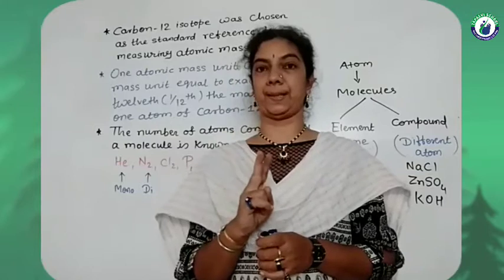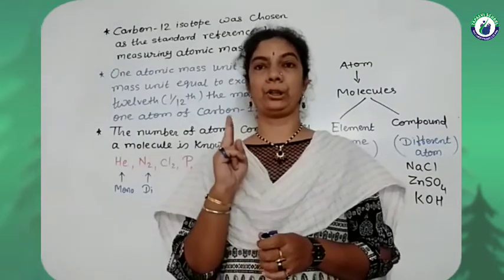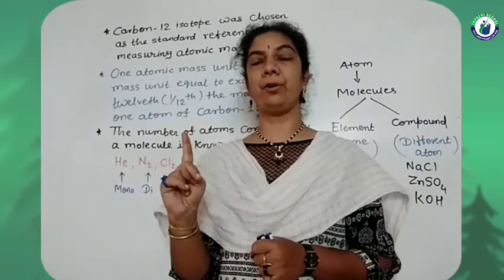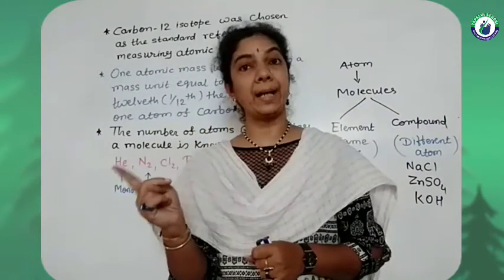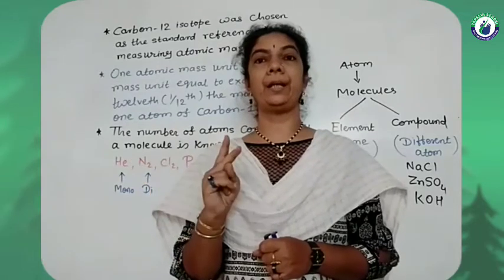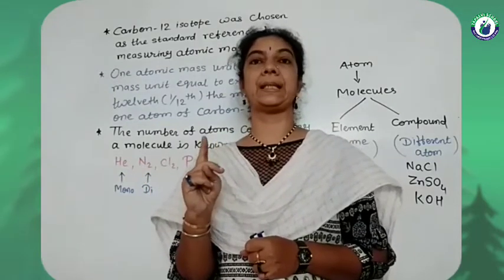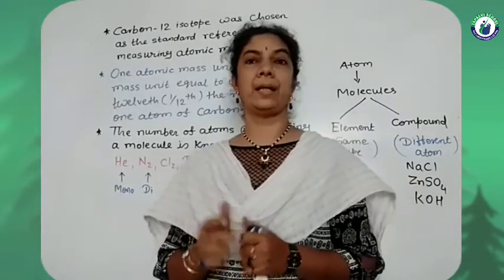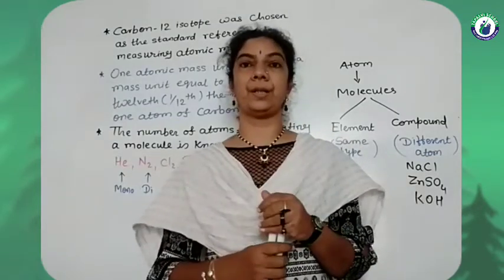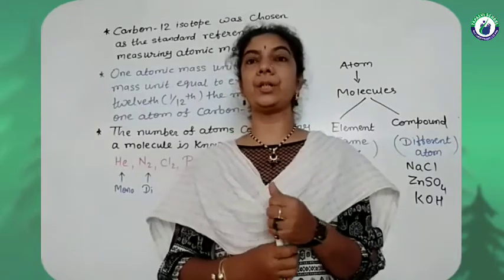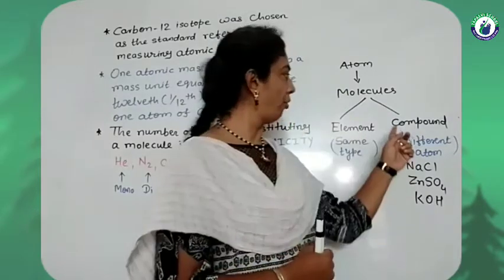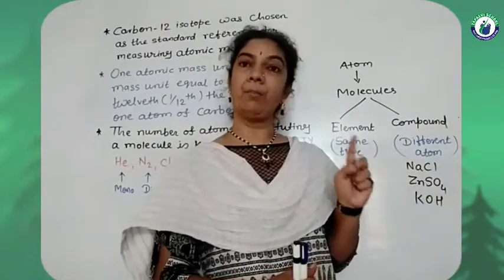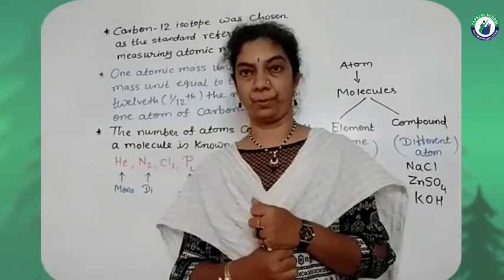According to the types of charges, ions are also of two types: the positive ion, which we know as a cation, and the negative ion, which is known as an anion. These cations and anions, the positive and negative charges, are attracted towards each other and form the compound. And these make a single molecule of this compound.